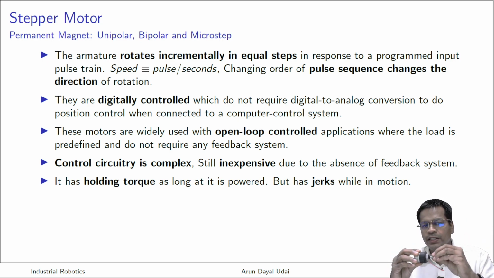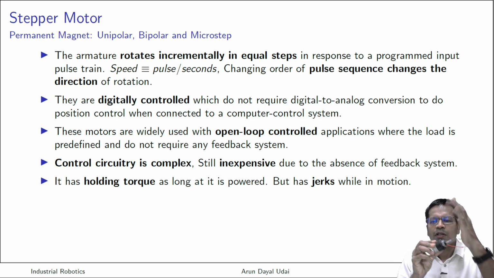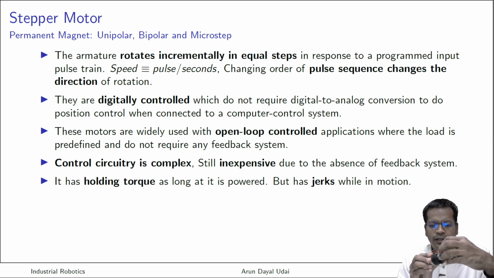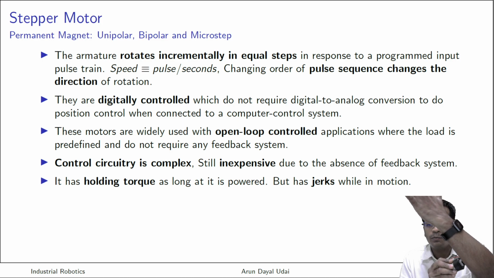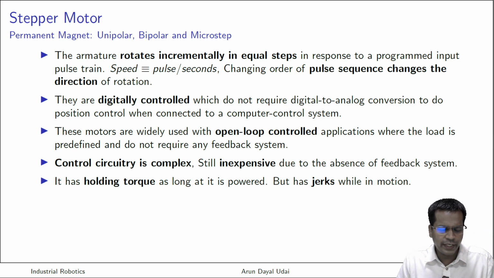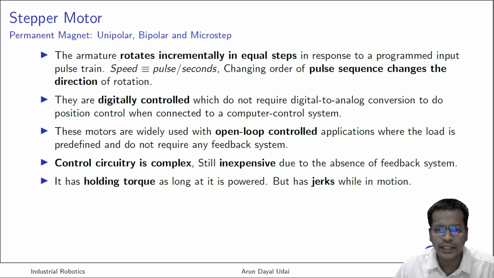So it cannot apply brake of its own. It doesn't have any holding torque. It cannot be in its place. If you switch it off, your arm will fall down. Okay, if you have connected even with a geared motor, if you have put an arm on this link, at this joint, so due to its own weight, that arm can fall down because it doesn't have any braking torque.